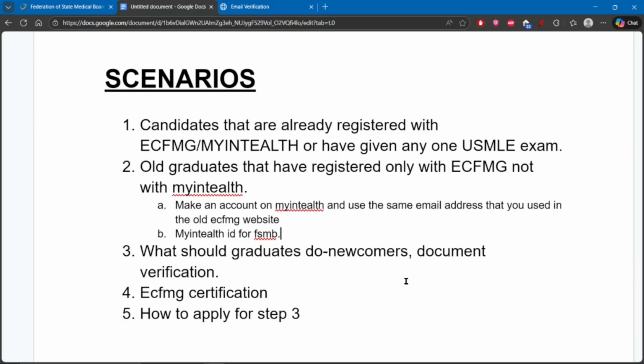Now, what should the graduates do? Graduates that are newcomers, right? For example, if there is somebody who has graduated from medical school and now wants to give Step 1 or Step 2, what are they supposed to do? Their process is going to be the same as the students who are giving their exams for the first time. The process is going to be the same. The only difference is going to be,